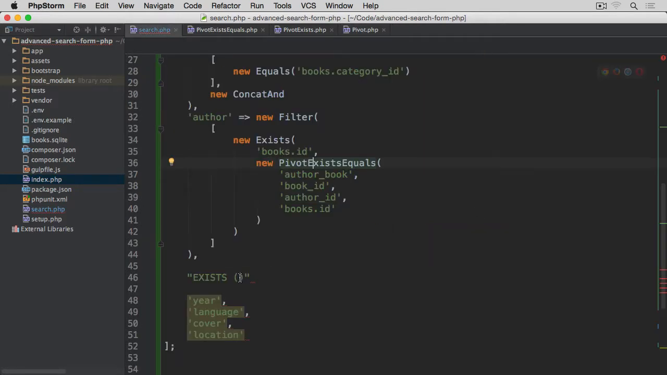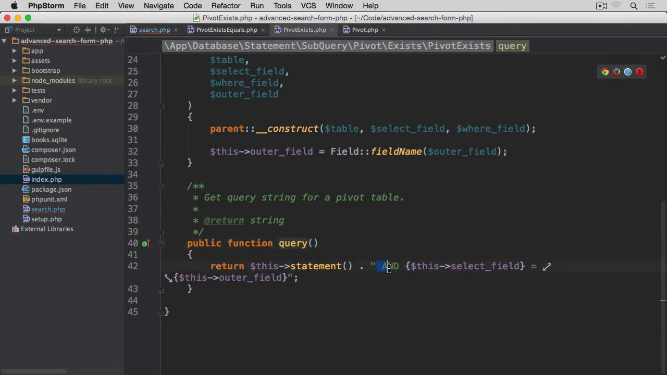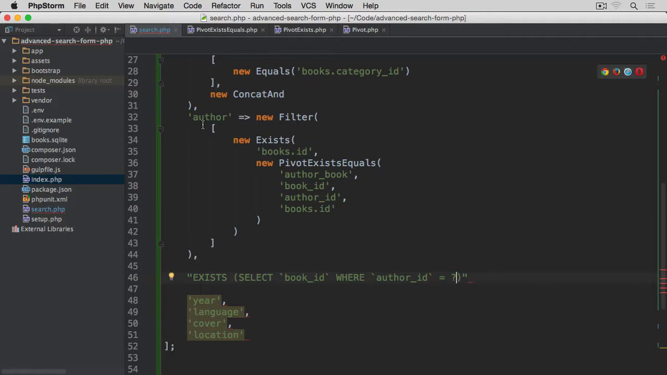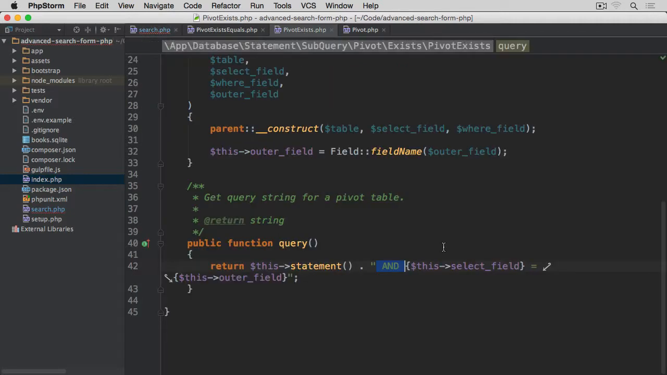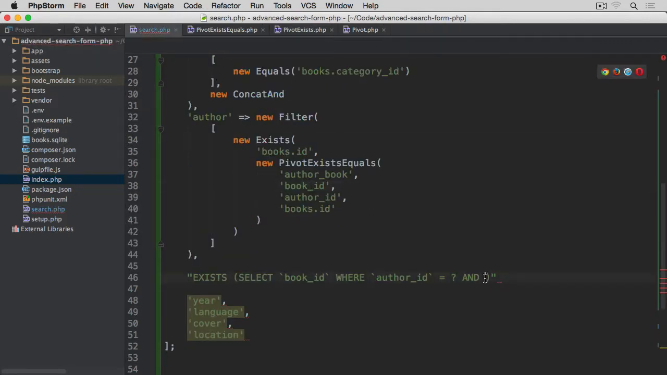So let's add this to our statement here. So select, we're starting with the book ID, the second argument. Then we're going for the where clause, author ID, which is the third argument, author ID equals question mark. That's what we've got up to now by just running this statement from within this query method. Then we append AND. So let's add this AND. And after this AND, we have select field, which is our second argument. So the second argument was book ID. So AND book